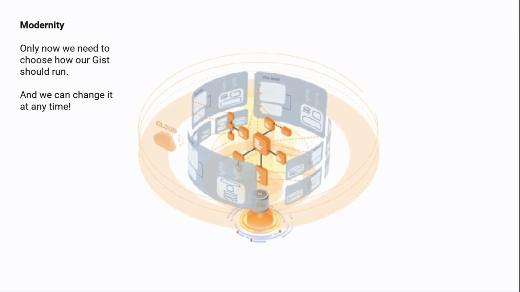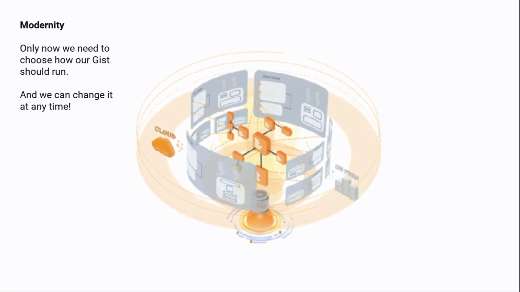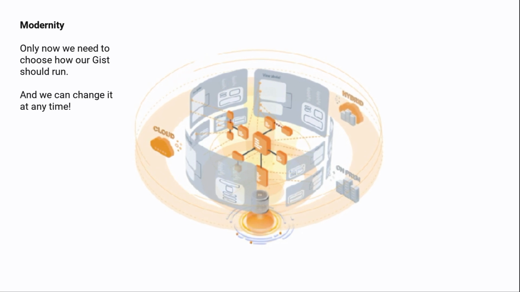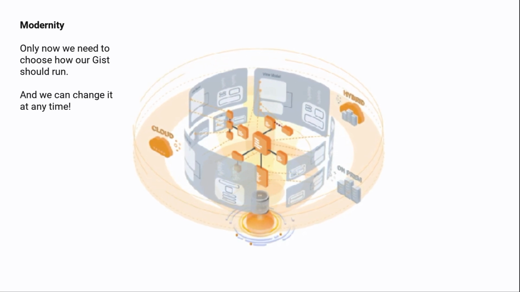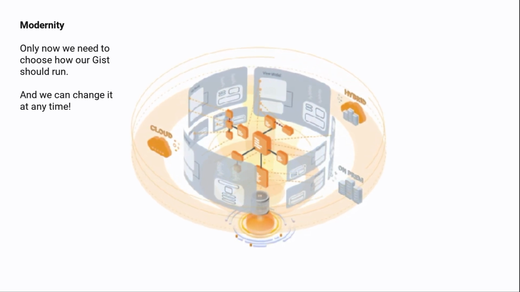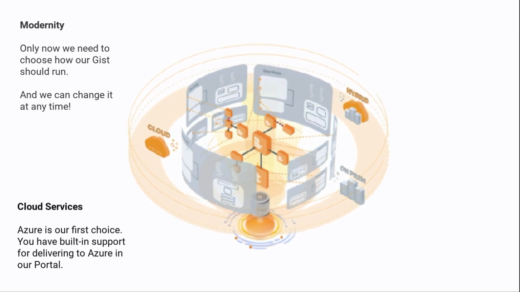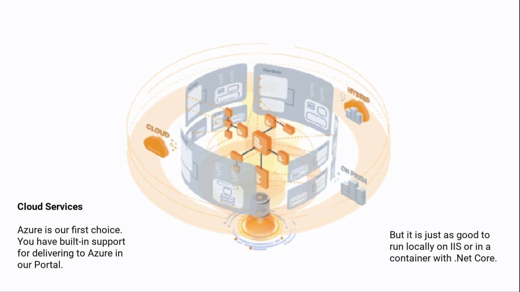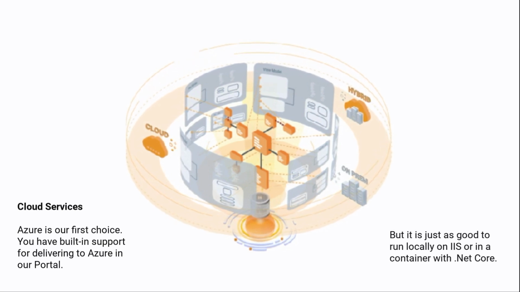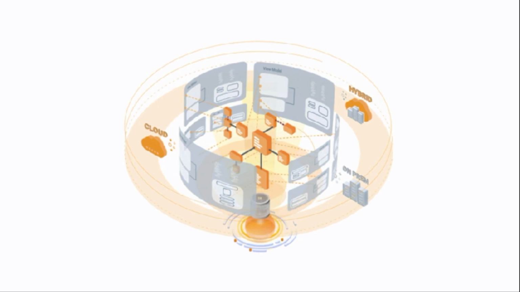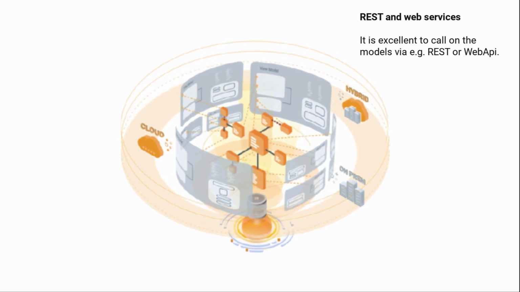Now let's look at what can run your model. We call that modernity. This is all the modern tech that's needed to keep your gist running. If you use our portal, you can automatically deploy and run your gist as a cloud service in minutes. You can also install the MDriven server on IIS locally or in a hybrid configuration, connecting your MDriven system with